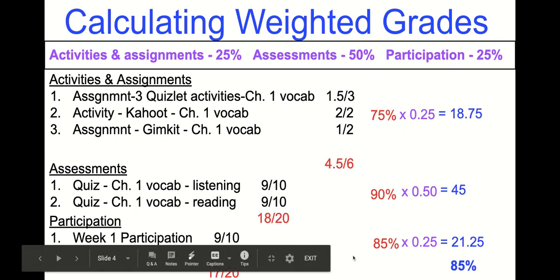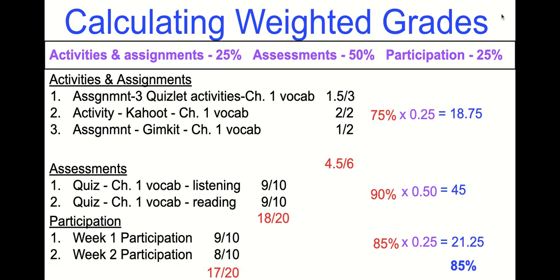Let's say we're back to this good old starting grades here with Jacques, okay? And let's imagine that Jacques says, okay, I've really got to work on activities and assignments. I got to make sure I'm getting them done on time, all that. So there's another assignment. It's an Edpuzzle video for chapter 1. He gets it done on time. He gets a 3 out of 3 on it. So now, instead of 4.5 out of a possible 6 points, he has a 7.5 out of 9,